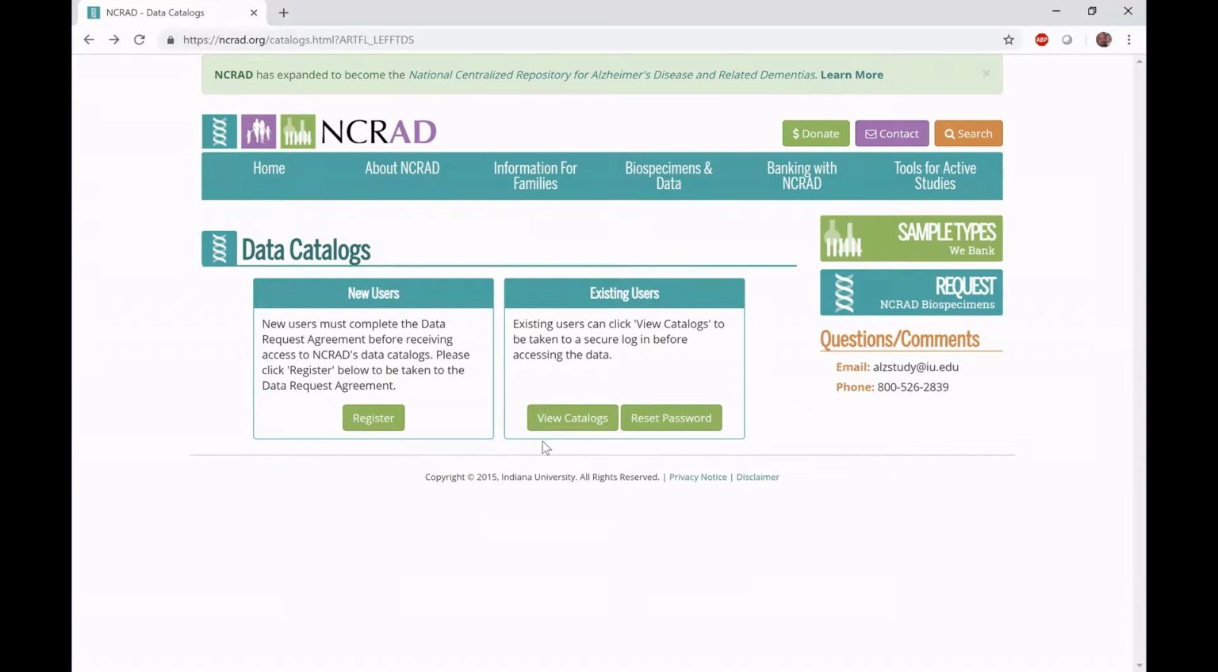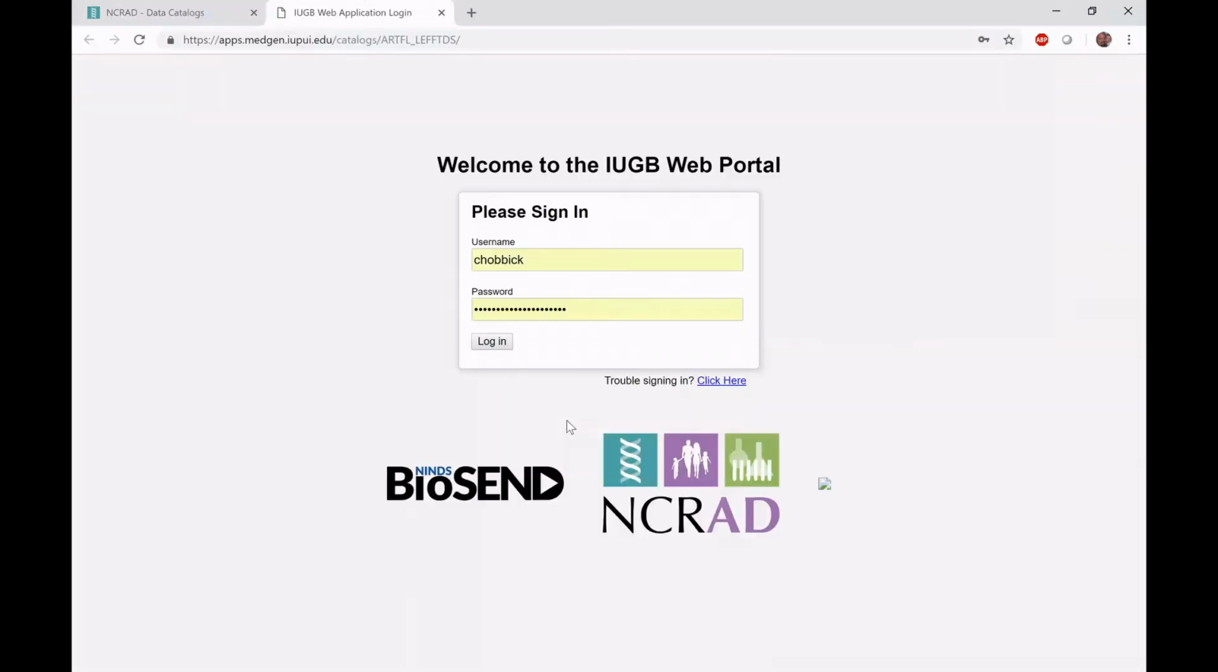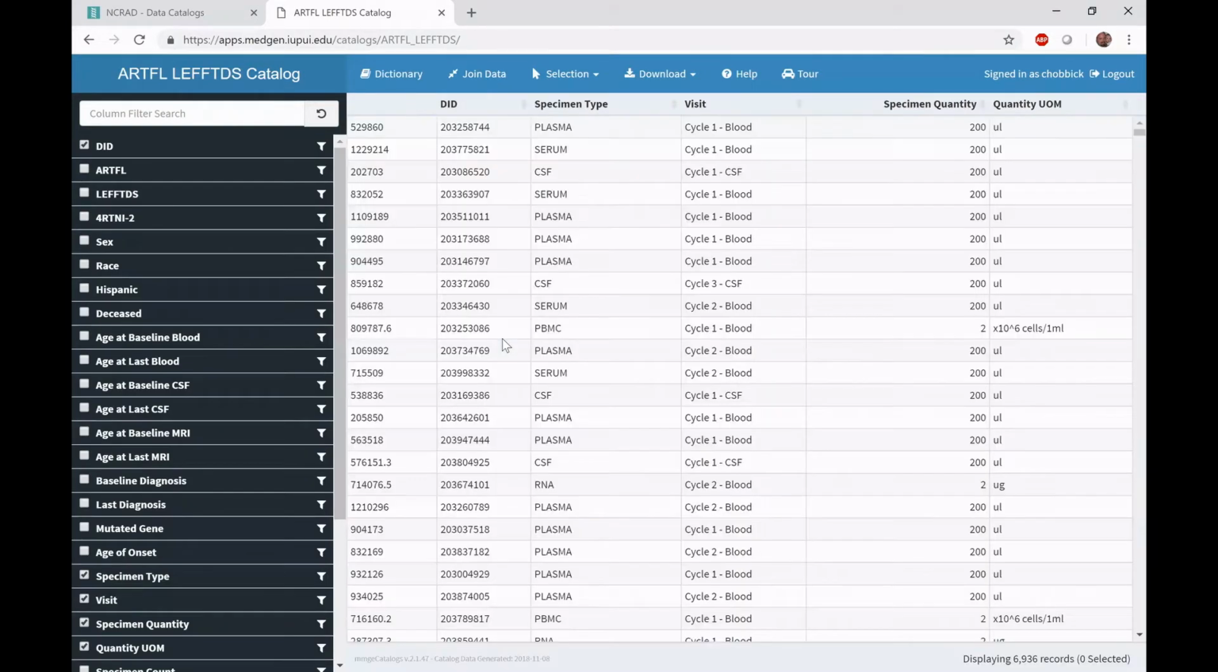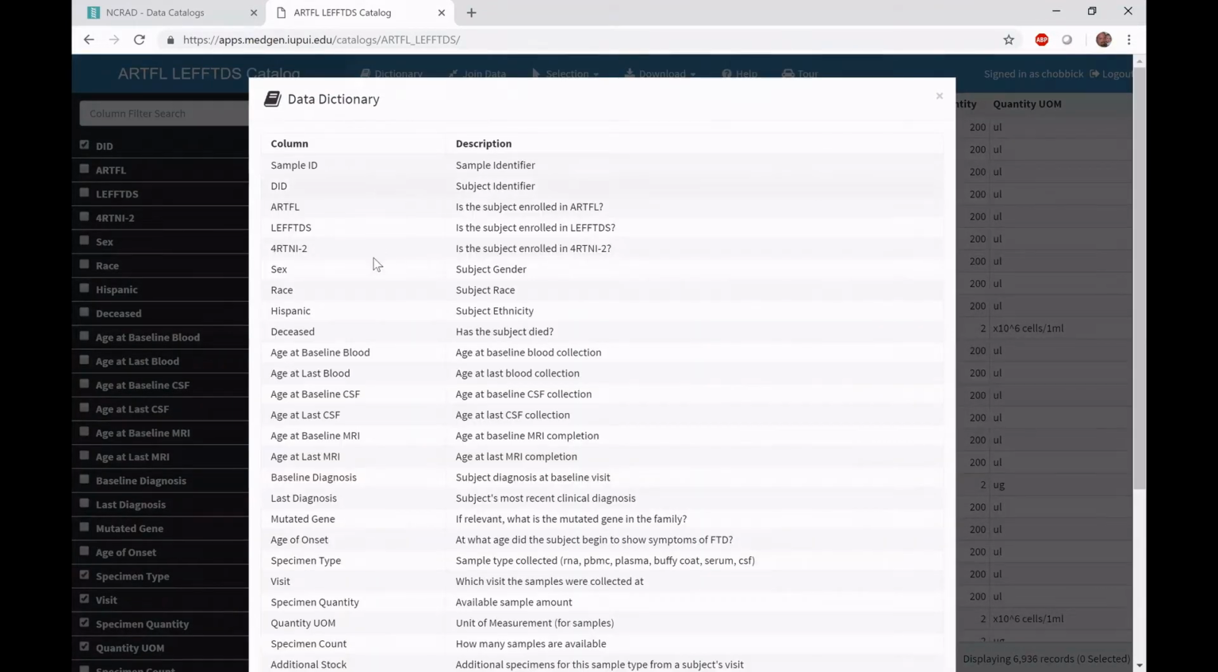If you already have a username, you can click on View Catalogs, and then you'll be prompted to put in your username and password. Let's click Login here. So for this demonstration, I'm going to show you the Artful Lefties catalog. Across the top of our catalogs, you'll see that there's a data dictionary. If you click on this, you can see the list of fields that we include in our minimal data set,